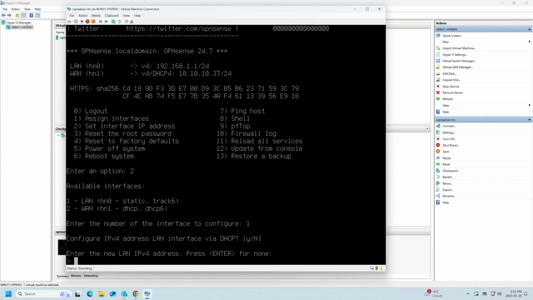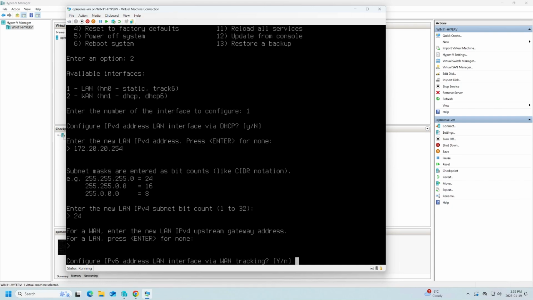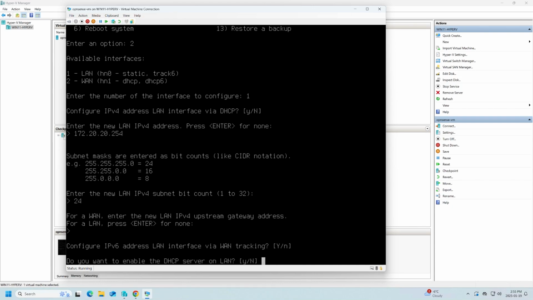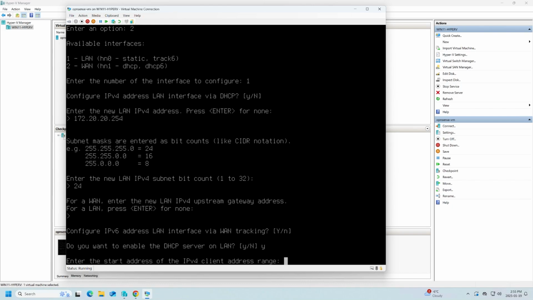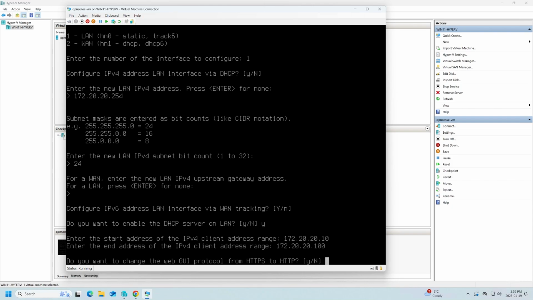And from here, I'll assign the IP address 172.20.20.20 to HN0 with /24 as the subnet mask. And then I'll proceed, and I will say yes to enable the DHCP service on the LAN network. The start of the range will be 172.20.20.10. And the end range will be 172.20.20.100. So our OPNSense router will hand out IP addresses between the range 172.20.20.10 to